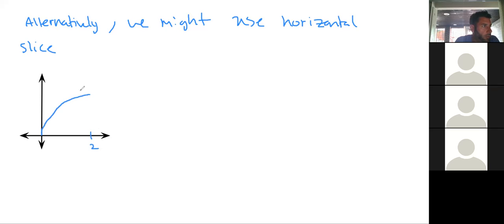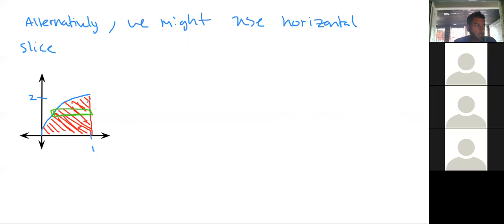So this would be the point 1, 2. Kind of drew that funky. Remember, the region I'm after is this region right here, which I'm going to shade in red. To use the shell method here, that would require a vertical slice. Instead, I want to use a horizontal slice. So let's put that in green. If I use a horizontal slice like this